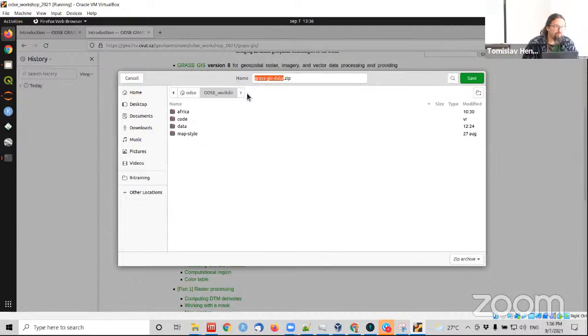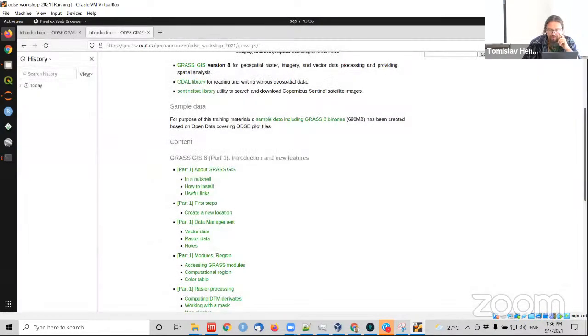It doesn't matter where you download it, because we will be running GRASS not from the Docker environment. I mean, now we step out from Jupyter notebooks. We will be using software at the OS, or operating system, level. So I will just download it to the ODSE workshop directory. It's super quick here. It's just a few seconds. I need to wait. So please download it. It's needed, and this is the first important